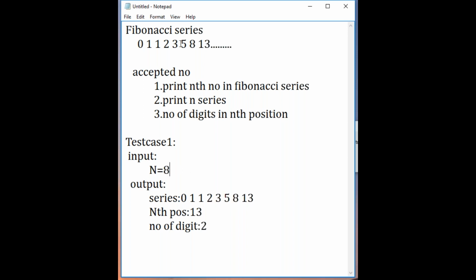So the given number should be 8. This is the 8th value. Yes, Manikan, I just noticed it. Meanwhile, the 8th value, and the 9th value would be 21. Yes.